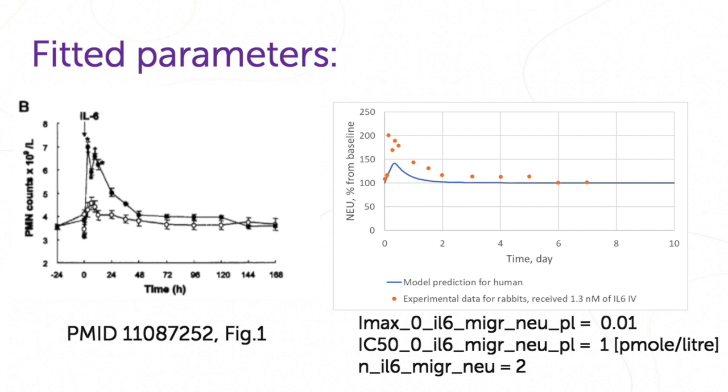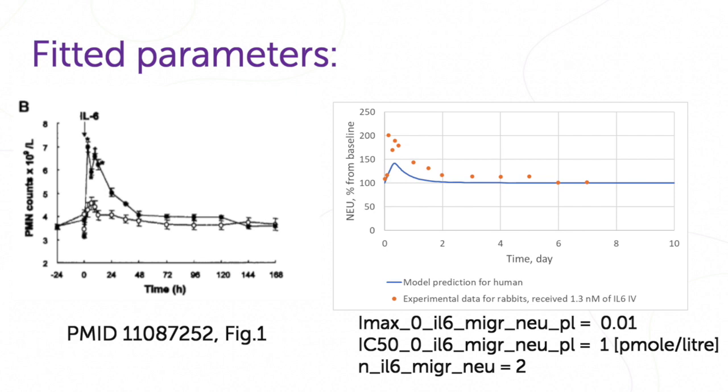In rabbits, it was shown that intravenous administration of 2 mg per kilogram of interleukin-6 leads to an increase in the concentration of neutrophils by about 2 times already 3 hours after administration. Parameters of the interleukin-6 effect on neutrophil modulation were fitted to qualitatively describe the rabbit data, with an assumption of the same changes for humans. With this assumption, the model allows us to describe qualitatively the neutrophil concentration growth, but doesn't allow an appropriate quantitative